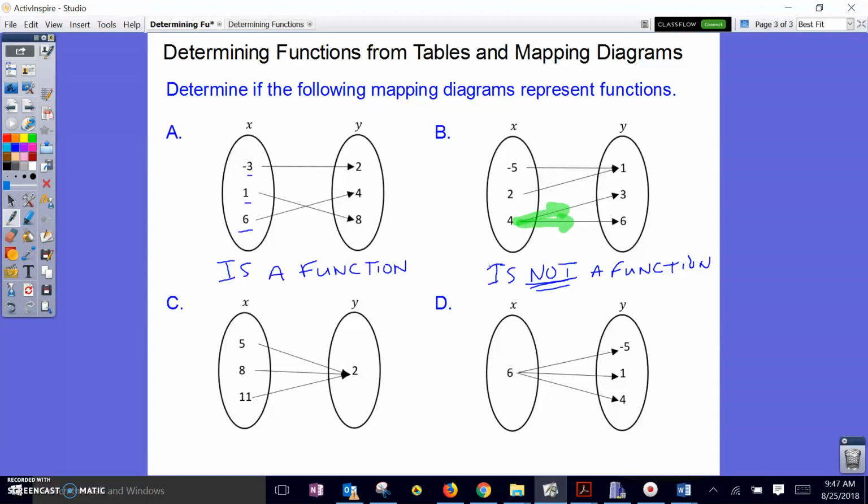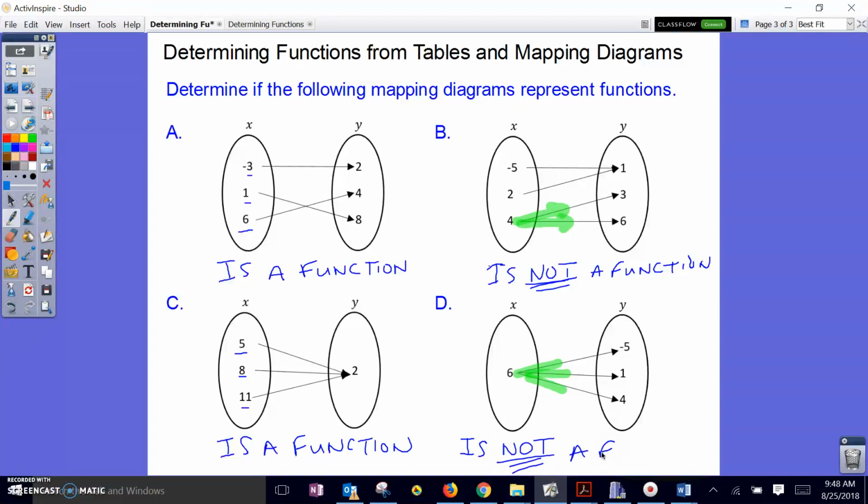And then I look at C. Each of the 3 numbers only has 1 arrow going away from it. It doesn't matter that they're all pointing to the same number in the values of y's. The only way it's not a function is if one of these numbers in the x oval has more than 1 arrow moving away from it. So this is a function. And then in this last one, part D, we only have the number 6. It's got multiple arrows going away from it, so that tells us that this is not